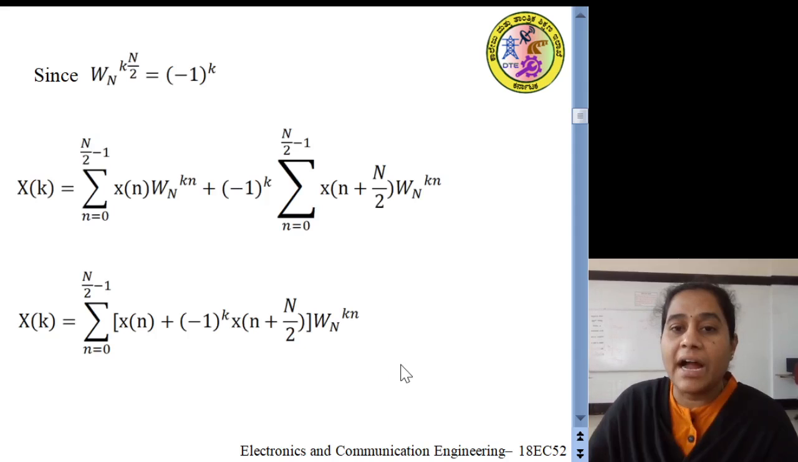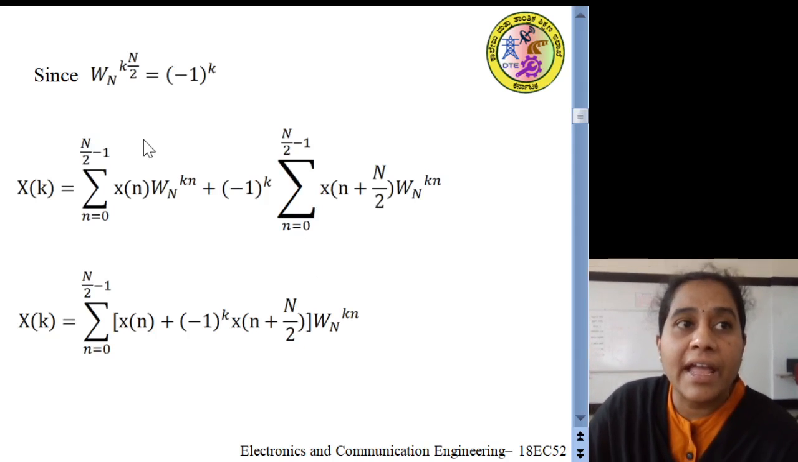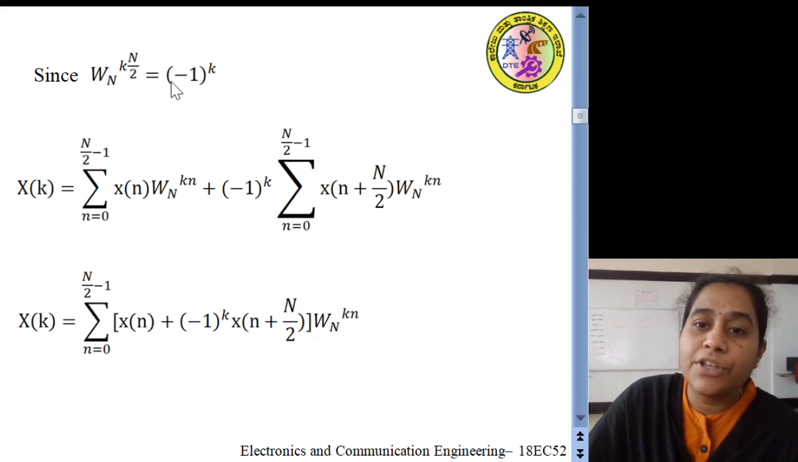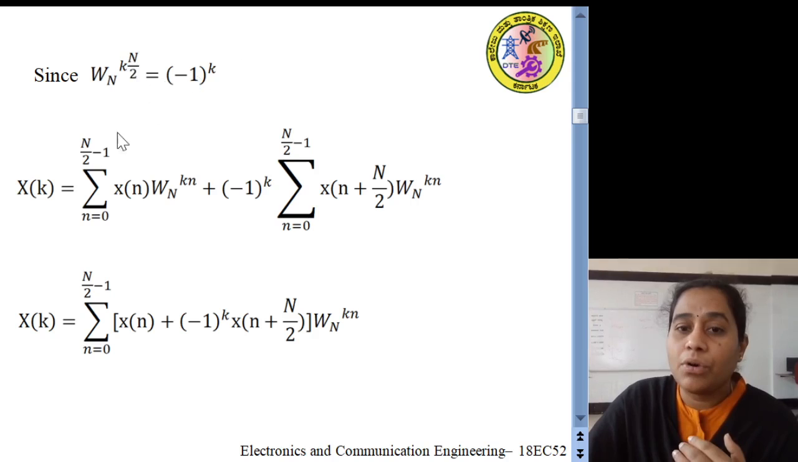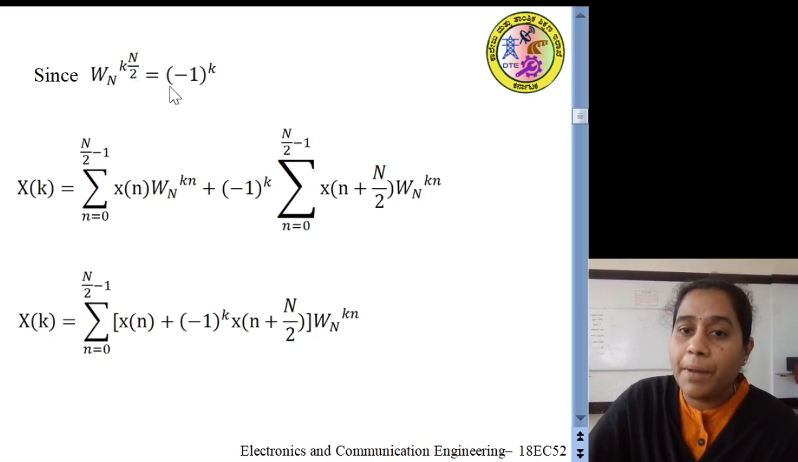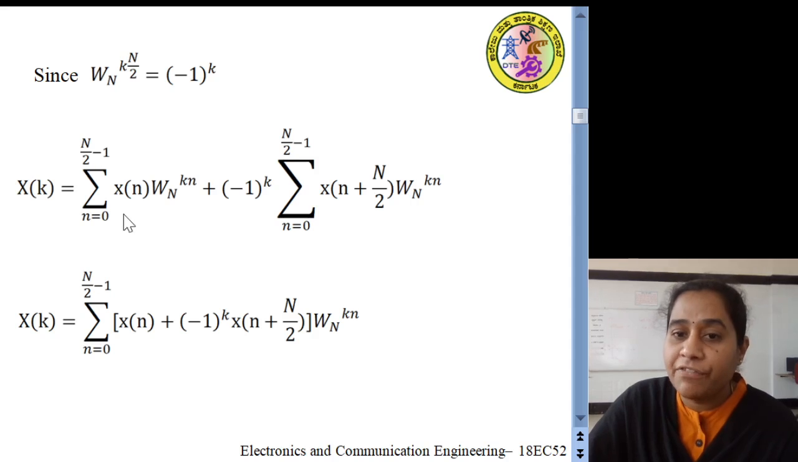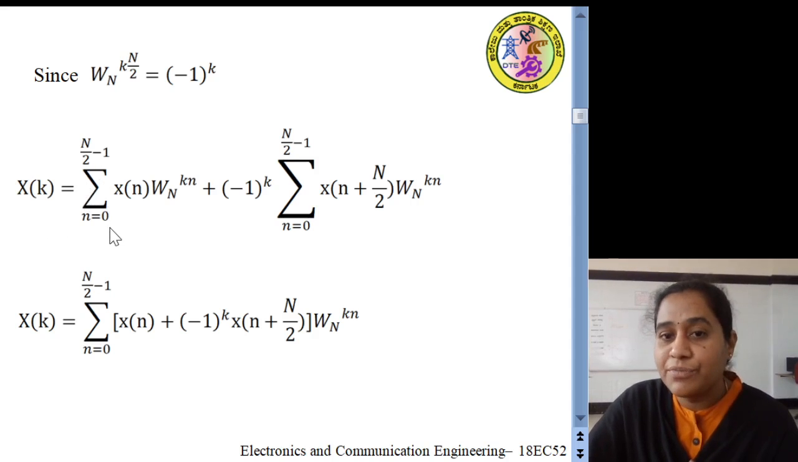As we know, WN raised to the power of k into N by 2 is equal to (WN raised to the power of N by 2) raised to the power of k, and WN raised to the power of N by 2 is minus 1. So our WN raised to the power of kN by 2 can be written as (minus 1) raised to the power of k. So using this property, we can represent X of k as